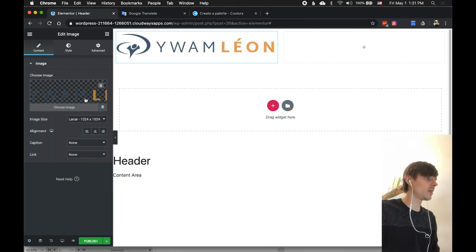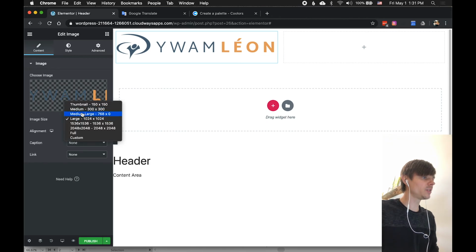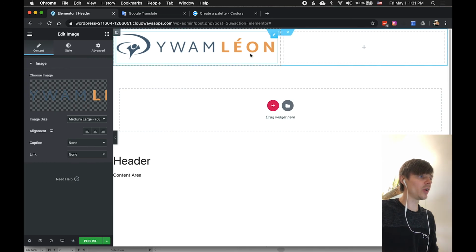So as you can see, here's the logo. You can see a little bit of this little checker pattern. That means it's transparent, so any color I put behind it will show through. And then you can see the image size is large. I usually will drop it down to medium large. That way it looks good on most